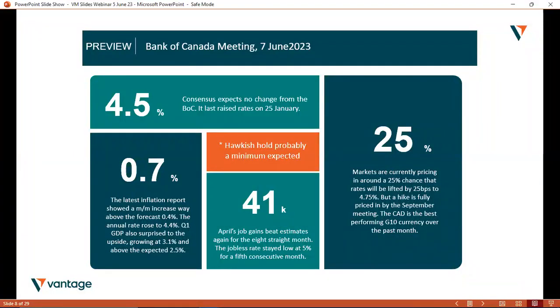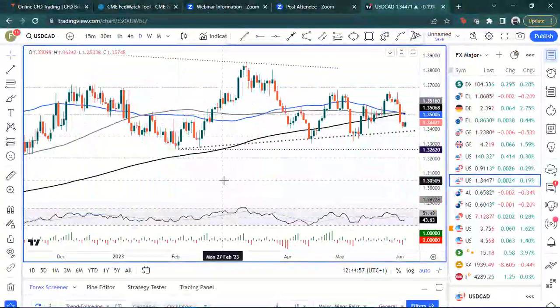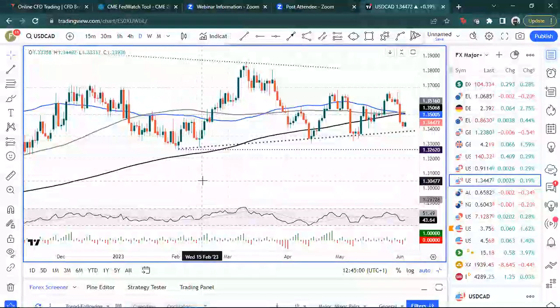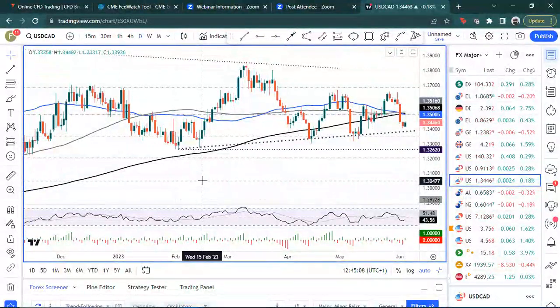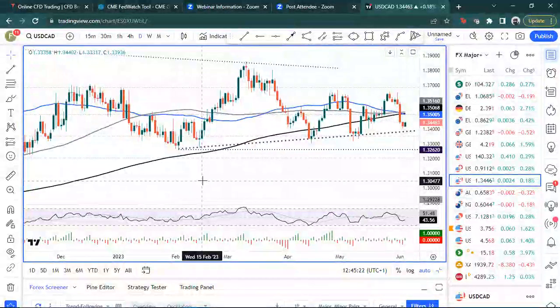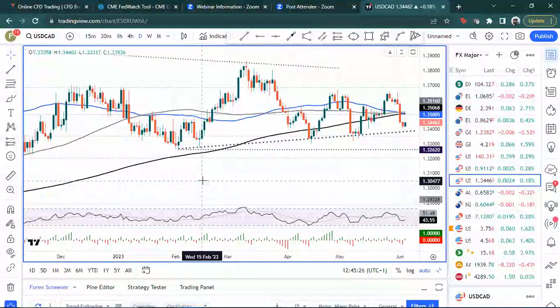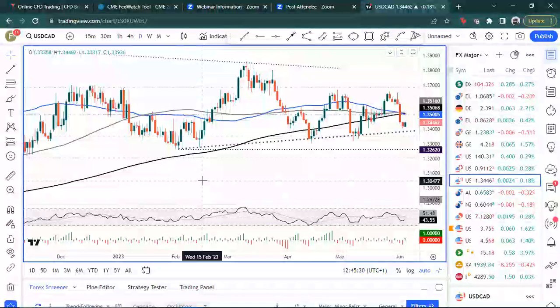As for the Canadian dollar, let's just look at that. The Canadian dollar actually has been the best G10 performing currency in the past month, largely thanks to its high beta, so high correlation, of course, to the US economic narrative and a repricing as well of Canada's really buoyant domestic rate and growth story. These factors overshadowed crude's or oil's subdued performance in May, and of course some risk sentiment instability.